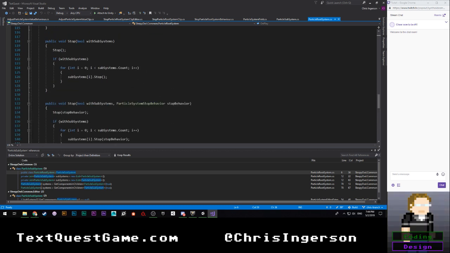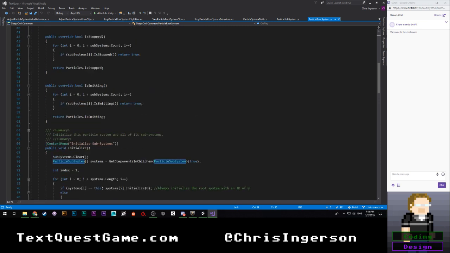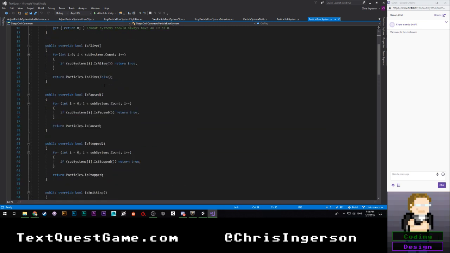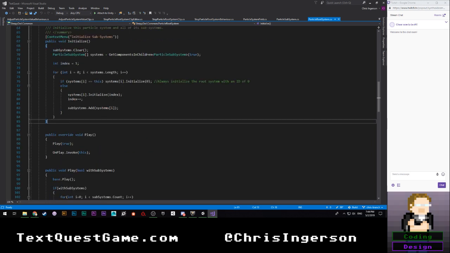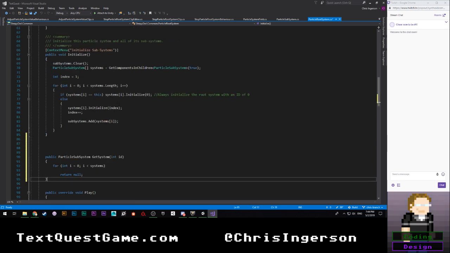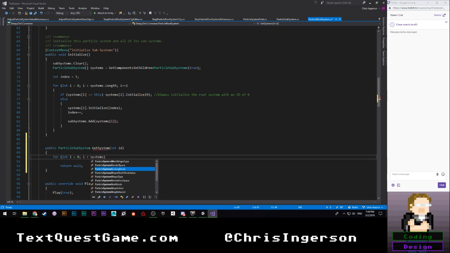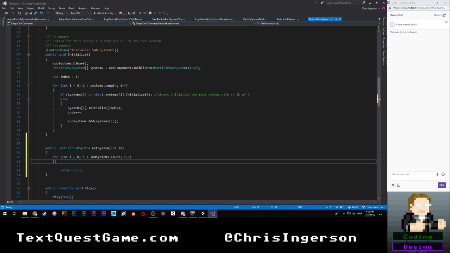Okay, let's go ahead and get rid of this. We're going to go all the way up to the top here, and I am going to just come down to here. Okay, so we're going to do that, and we're going to say systems, and actually it's called subsystems, I believe, subsystems dot count, capacity count. I plus